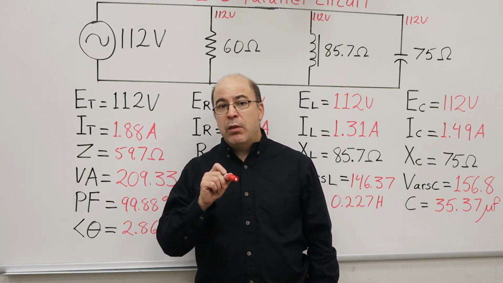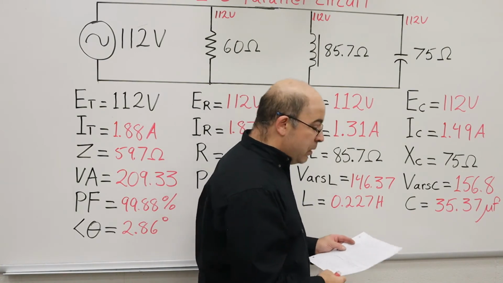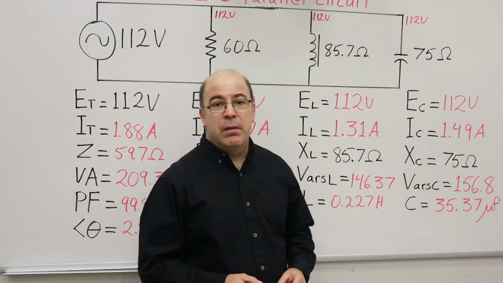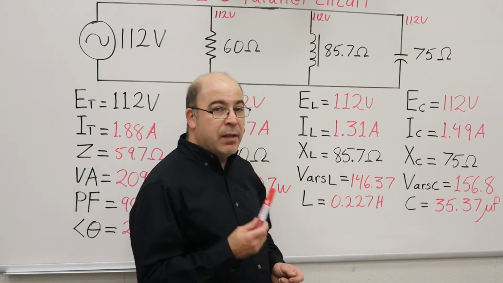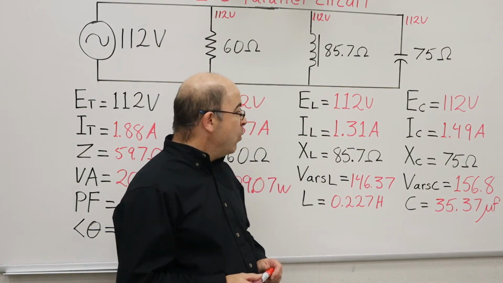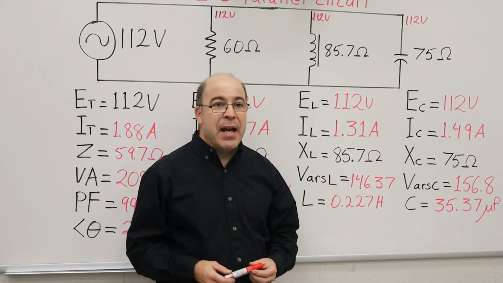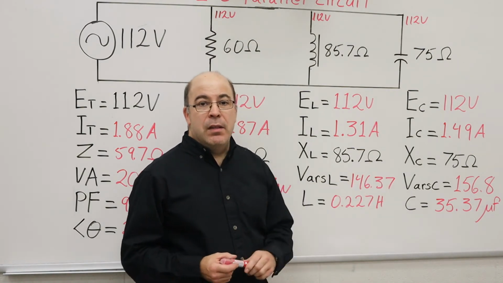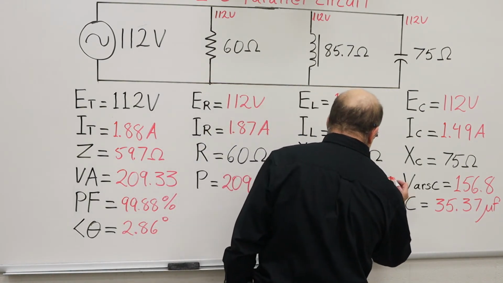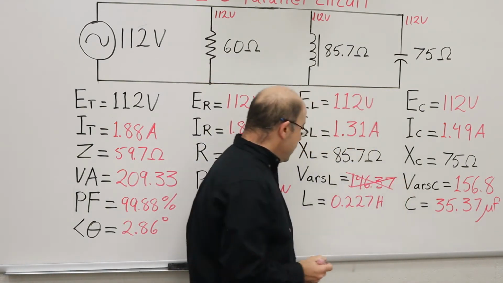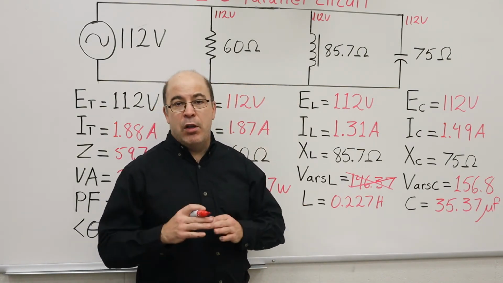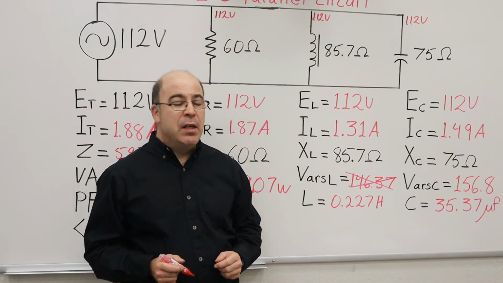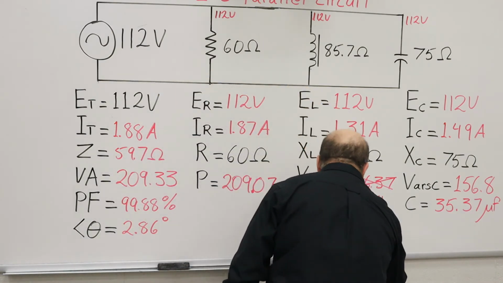So we have to go and take a look at our values. Now, I'm not sure if you can see this on camera, but the value of reactive power generated by the capacitor was 156.8, and the reactive power required by the inductor was 146. Well, the 156 basically negates and takes care of all the reactive power that the inductor was going to require, but it had a little bit left over, 10.5